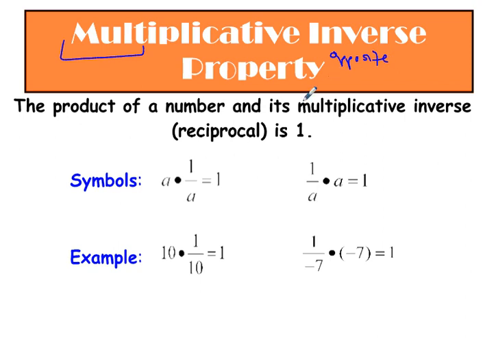Except now we're trying to get back to 1. So anytime we do the inverse property, we're always trying to get back to our identity. The identity for addition was 0. The identity for multiplication is 1. In order to do this with multiplication, we're going to take whatever number we're starting with and multiply by its